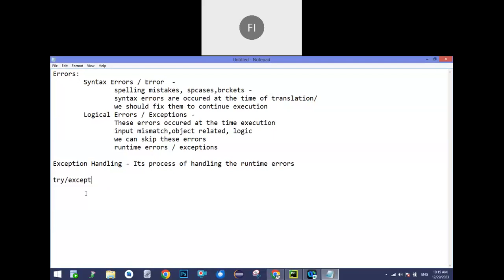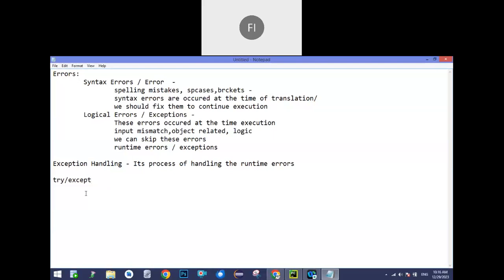That's why all programming experts suggest that you should always write try except blocks for the entire logic of the application. So this is the concept of exception handling and why it is required, and how it is implemented we will see now.